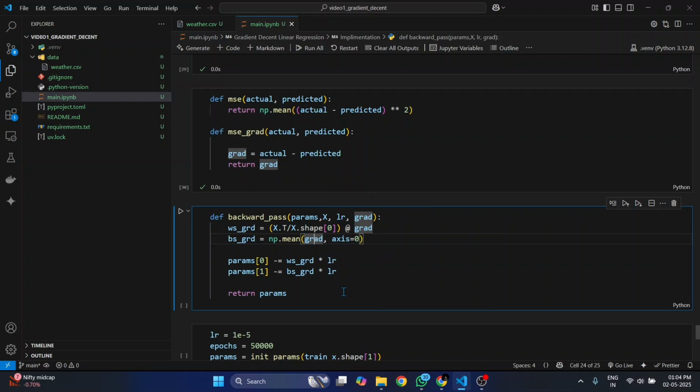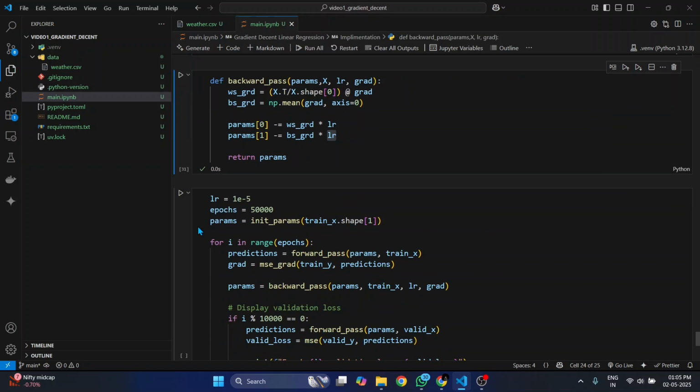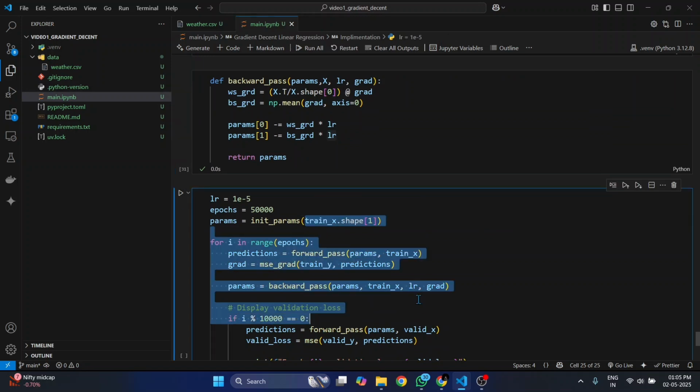biases array. Next, we are updating parameters 0 with our W grad and multiplying that with our learning rate, as we have seen that is important, or we may overshoot. Similarly, we are updating our biases, multiplying with our learning rate, and returning our parameters. So let's run this. Now this is our loop section where we loop through the